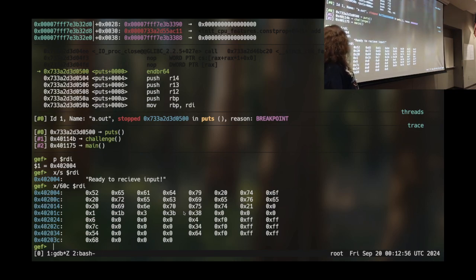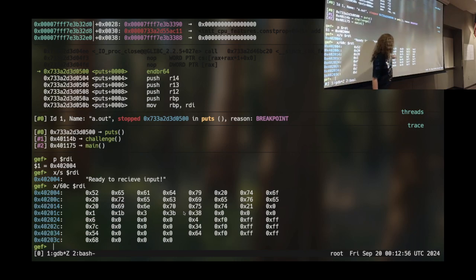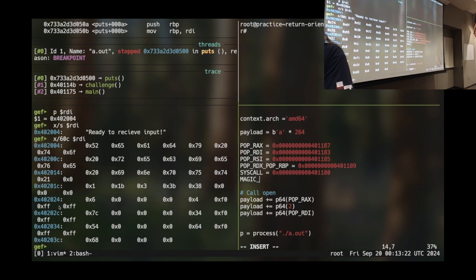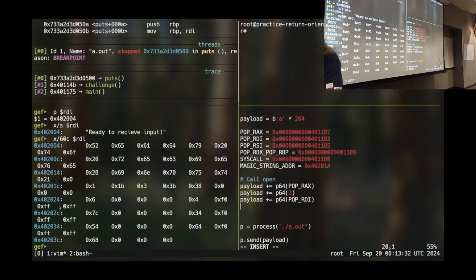So I have 14, 15, 16, 17, 18, 19, 1A. Did I math? I'm going to trust the byte. Sorry. Yeah. So we want the string to start before the null byte, so it'd be 1A. If we were going for the null byte, you're correct, it'd be 1B. So the address that I'm interested in is 201A. All right. I'm going to put that here in my script. We're going to call it the magic string address. Change that so it has an A, and we will append that to our payload.